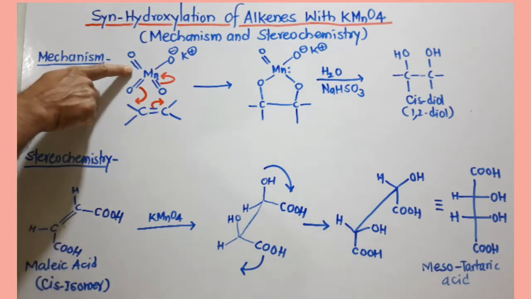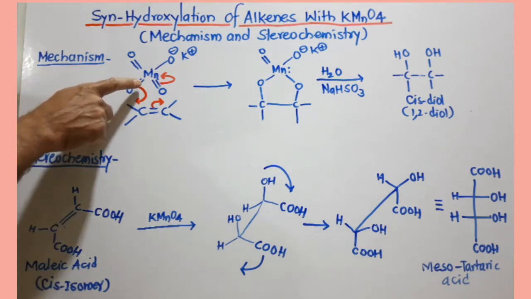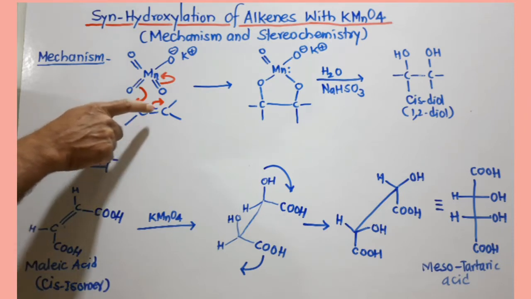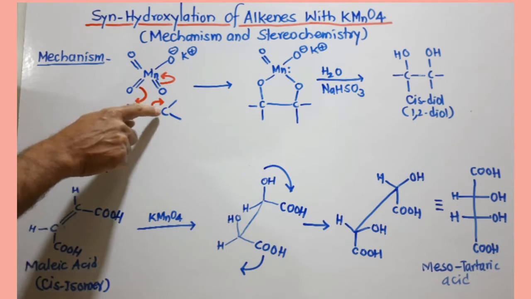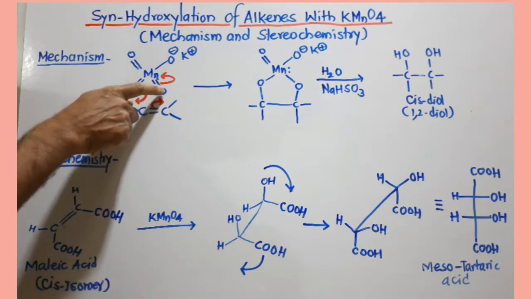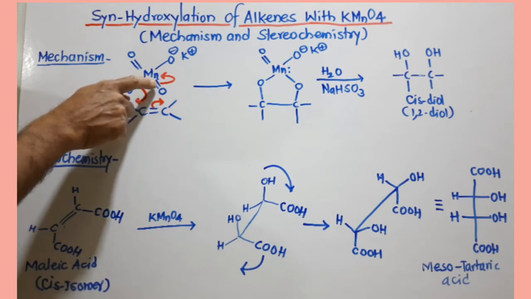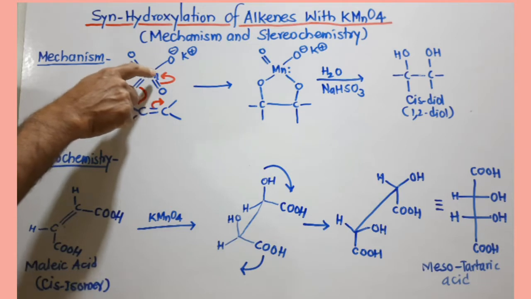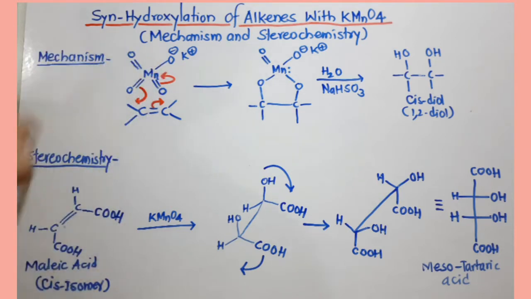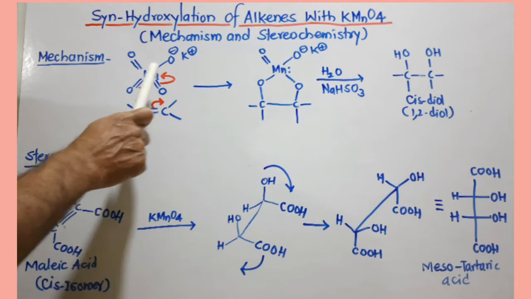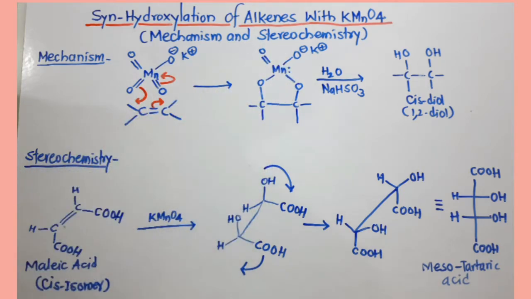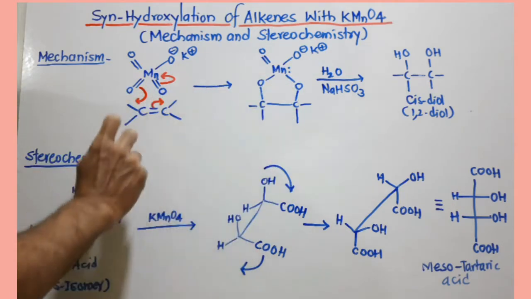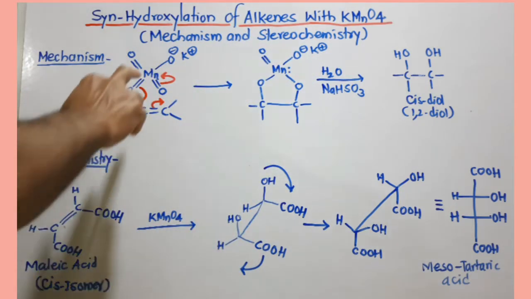This is nothing but the potassium permanganate, where one pi bond moves in between oxygen and carbon. Simultaneously, this pi bond of the double bond moves in between oxygen and carbon, and these two pi electrons go onto the manganese, in the orbital of manganese. So it is shown as a lone pair here. Now this compound is called an ester. Since it is cyclic, this is the cyclic ester of this compound.